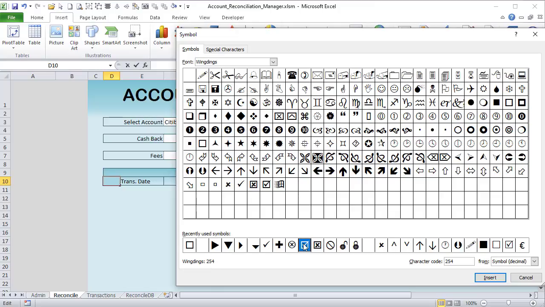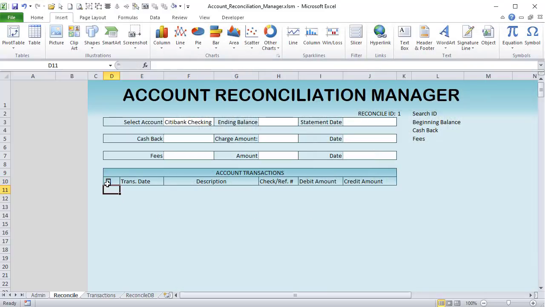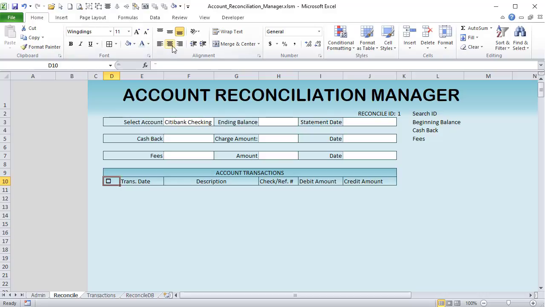So between 254, which is selected, and 168, which is unselected, we're going to be alternating with that. We'll start with that, and we're going to close that. Okay, so we want to do the same thing here, but we want to make sure that the font is the same throughout. So I'm going to center that, and then I'm going to go all the way down,